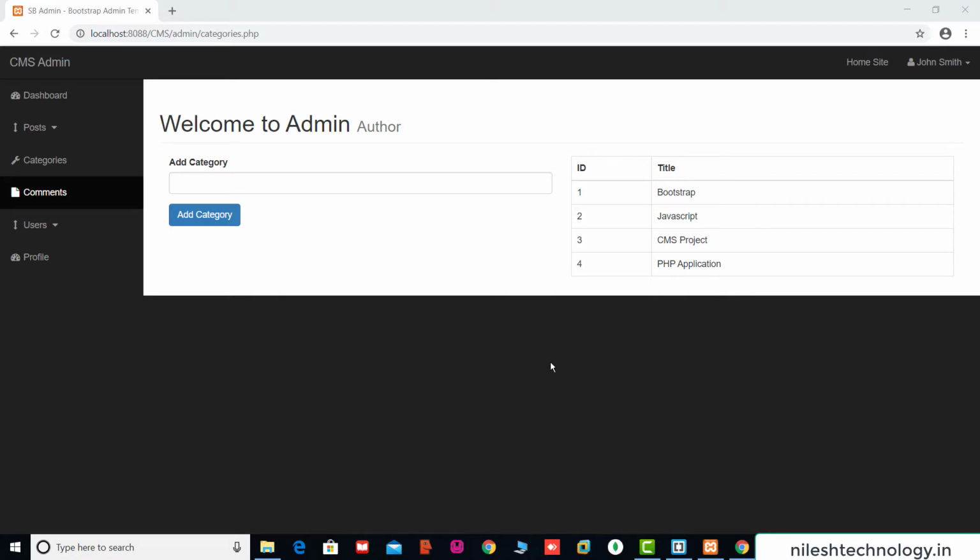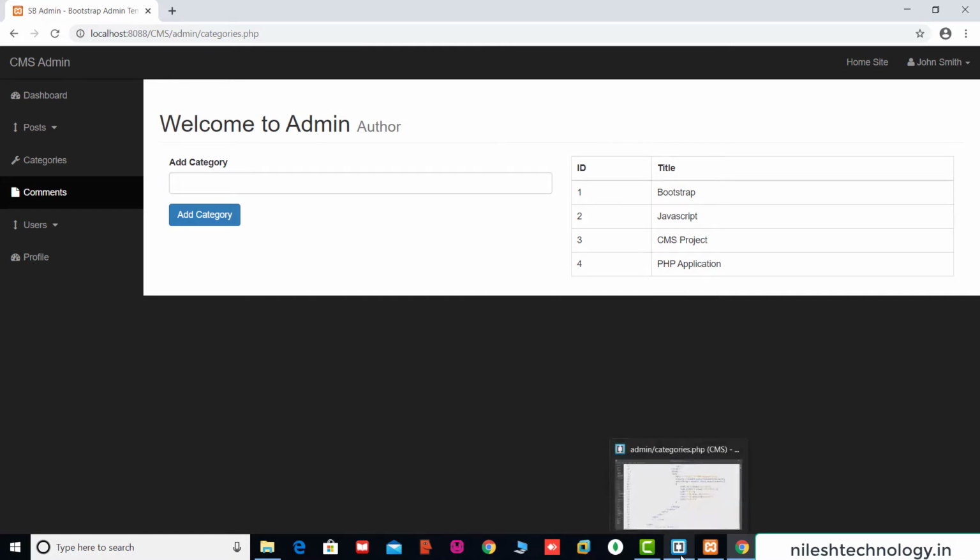Welcome back. In the previous video, we saw how to display data from your database table, and here we designed this form. In this video, we have a total of 3 tasks. First, when you click on this add category button, the category is added in your database. Second, we add the edit and delete links, and also perform the edit and delete actions. So go ahead, let's start.